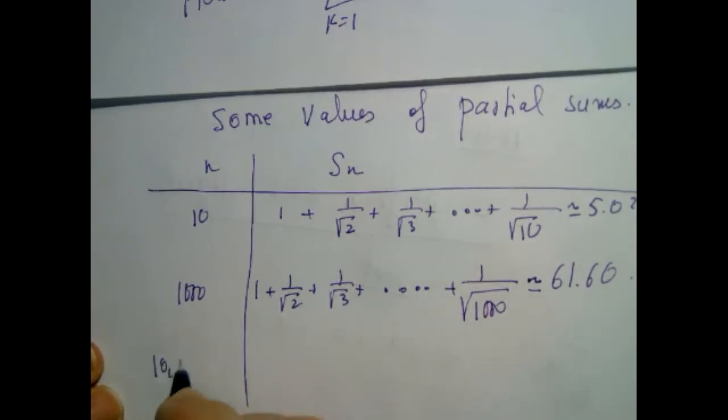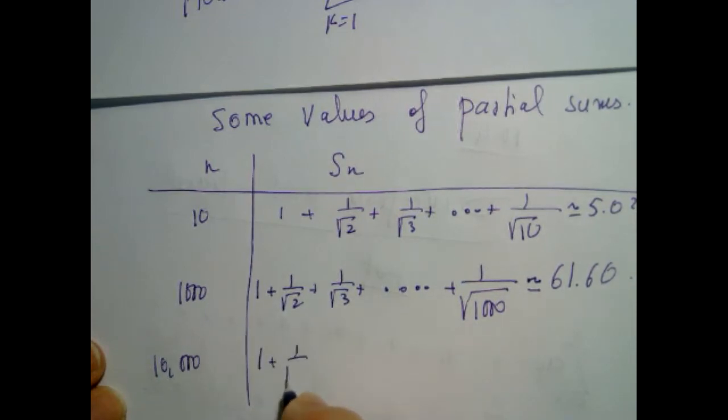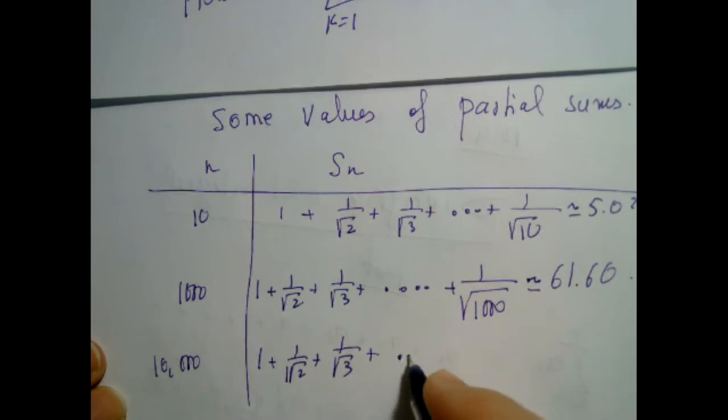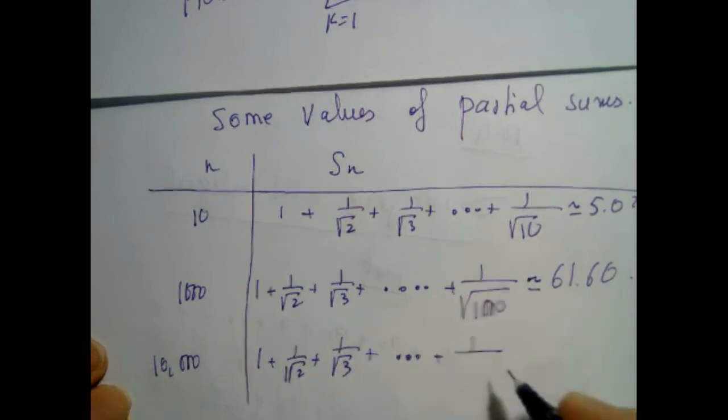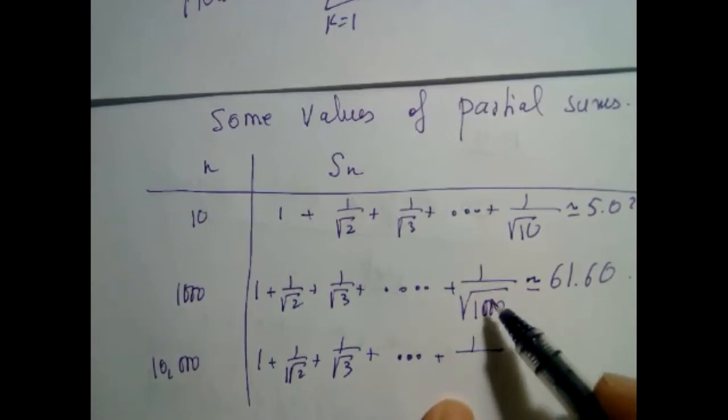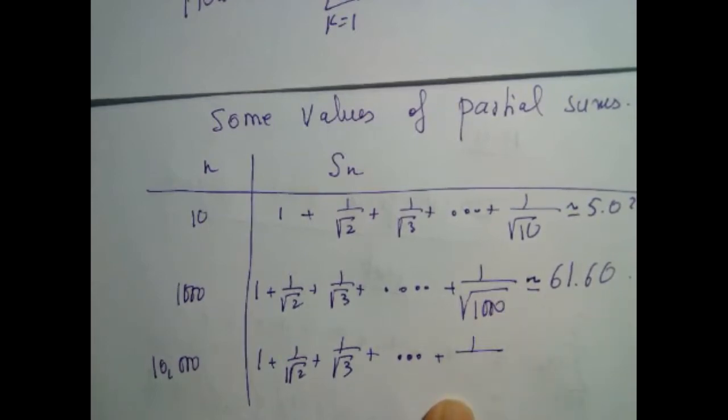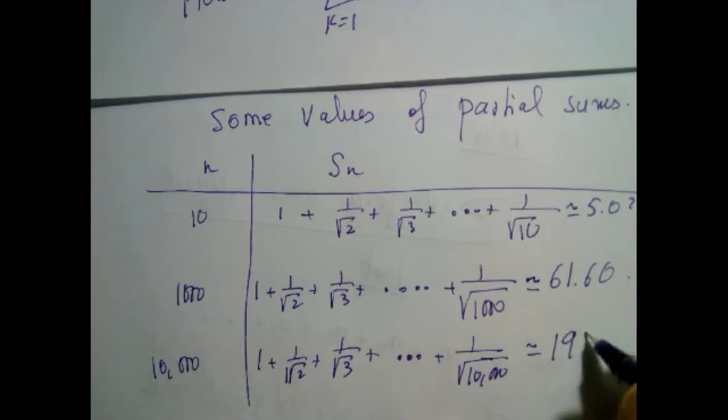If I add the first 10,000 terms, and there are a lot, that really wasn't hard to do, it means I start adding. I really add. Even though I'm adding small terms, because 1 over square root of 1,000 is very small, still there is a certain contribution. So I'm adding those, it's giving me